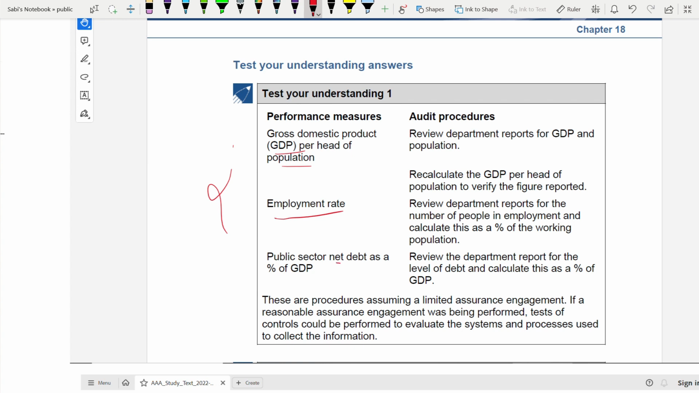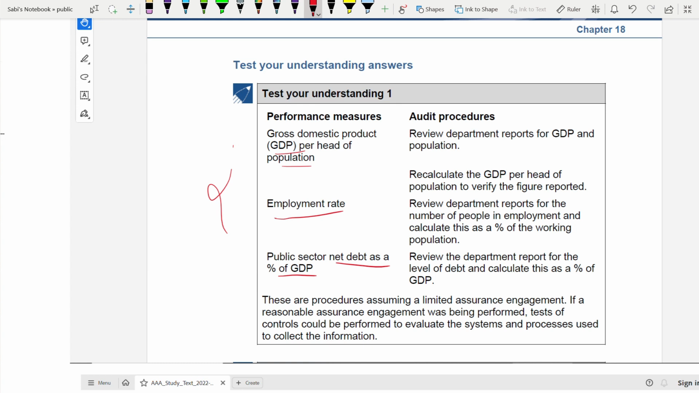Public sector net debt as a percentage of GDP. What is the GDP of the population? What is the employment rate? And what is their debt for each person in the population? Okay. Now,